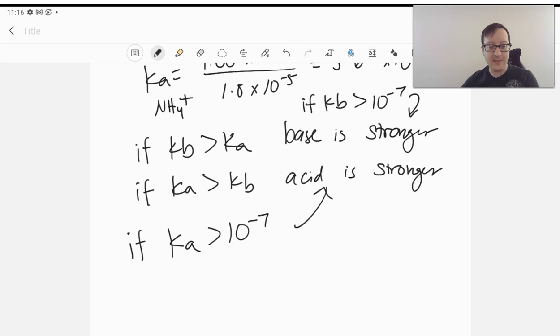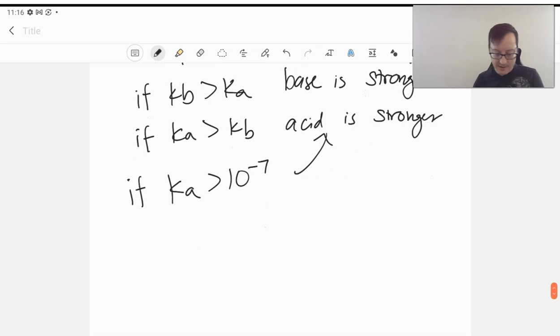So it's not necessarily comparing bases to each other. You would just use the Kb values of the two bases, but it's merely evaluating what the preferred form is. Is this thing more likely to be an acid or a base in solution? And we see that for these relationships, we can identify those. One more thing you might see, by the way,